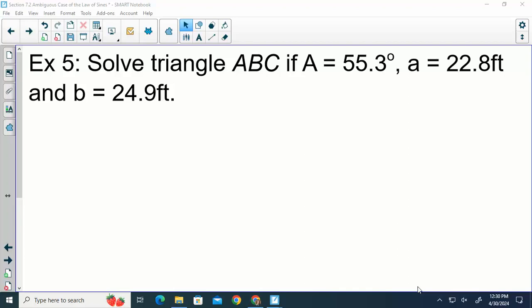There is no way to tell just by looking at this problem if it's going to be 0, 1, or 2 triangles. So like the one homework question that asks you how many triangles, if you didn't start working it out, there is no way to know. We don't know until we start solving it. So if we look at our triangle,